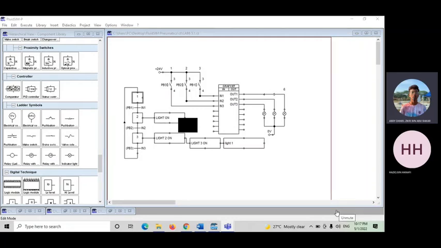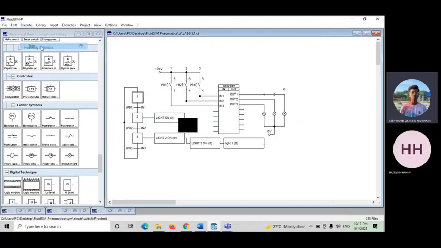Today, me and my teammate Haziq will explain to you about exercise for lab 6. Okay, so for the exercise 5.1, the question asks us to build a circuit with the requirement given. The question asks to press PB1, and then after pressing PB1, the light 1 is on. And then we need to press PB2 and the light 2 and 3 are on. And then finally, if we press push button 3, the system will off.